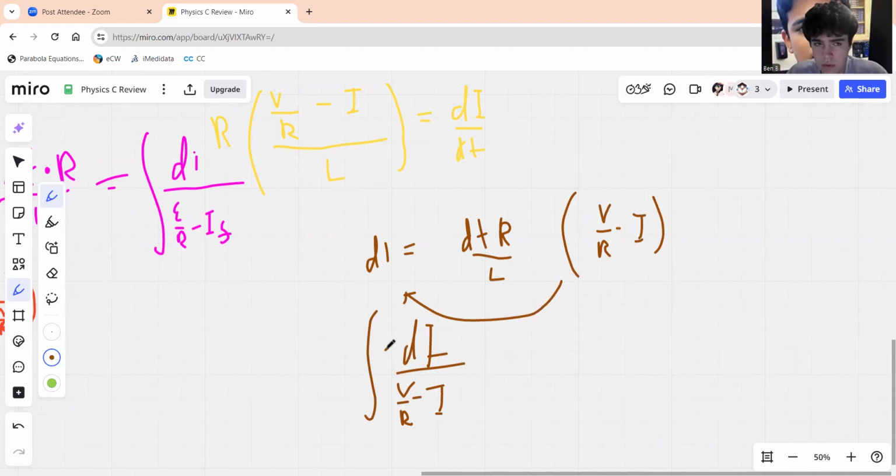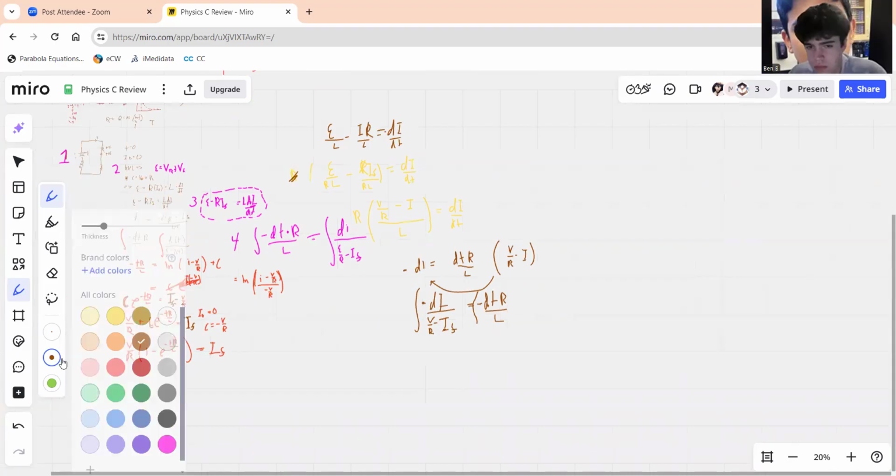And that's negative dI. Isn't V over R also I though? Like, what's the difference? It is I of final, this is the function, equals dt R over L. True. Negative as well. And then the next step in the operation